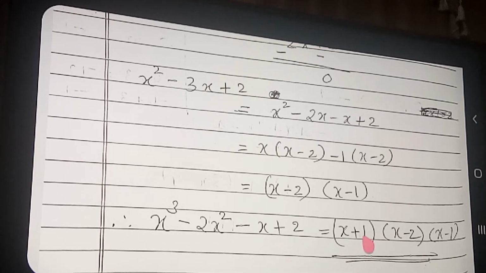Clear? And this is the first factor, the one you found out earlier. So together you have all three factors. If a third degree polynomial comes, surely it will have three factors: 1, 2 and 3. Clear? This method is very easy. Follow this method in all the sums. If you feel another method is easy you can do that, but all the students will feel only this method is easy. Okay.